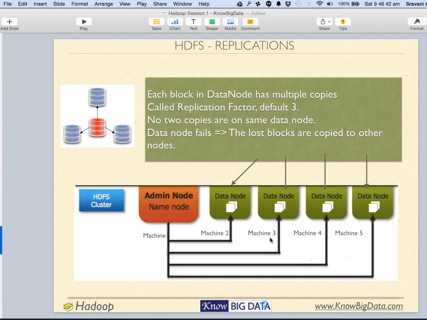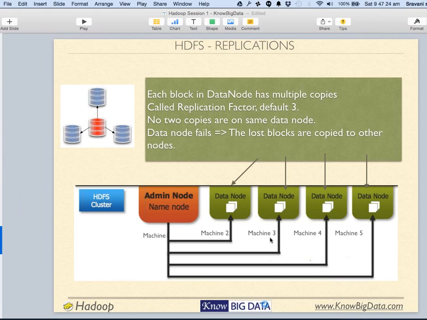I'm talking of high availability mode, HA mode, and everybody nowadays uses HA mode only, in which there is a secondary name node containing exactly the same replica of the name node, and in case the name node goes down, it takes its place. But nobody accesses the secondary name node until the name node fails. That mirror is just a backup or standby. It does not do anything other than keeping its data as up to date as possible with the name node.